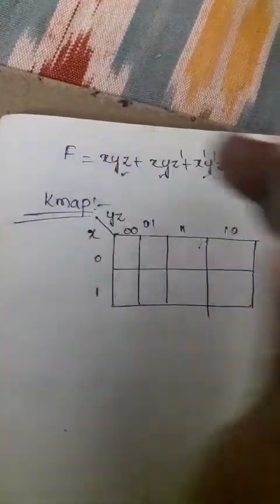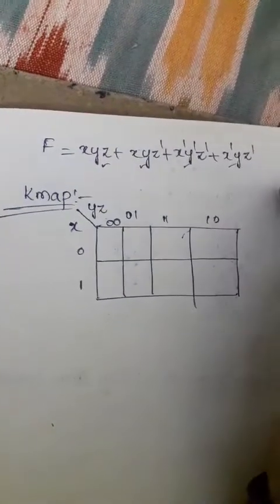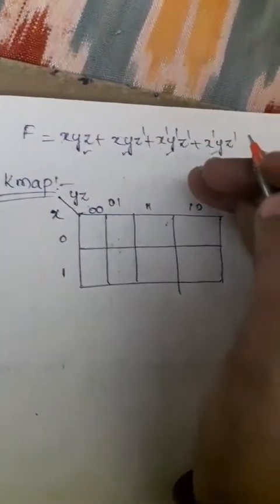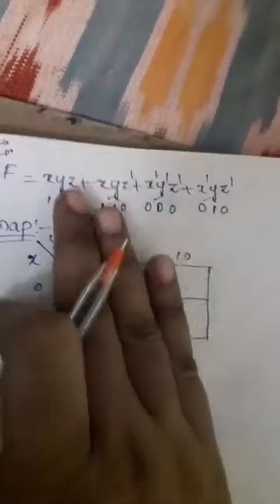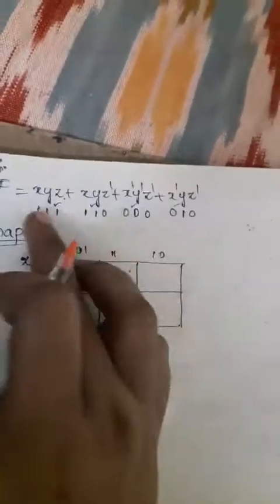First, whatever expression we have will be decoded into binary numbers. You already know how to decode that function into binary numbers. For SOP, 0 will be complement and 1 will be normal. So x y z all normal means all ones. Here x normal, y normal, z complement gives 1 1 0. Then x complement, y complement, z complement gives 0 0 0. Here x complement 0, y normal 1, z complement 0. After decoding the binary numbers, based on which cells contain 1, we'll write it.